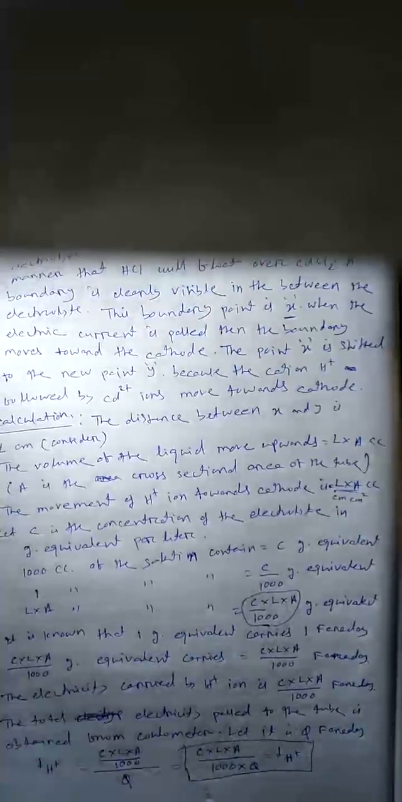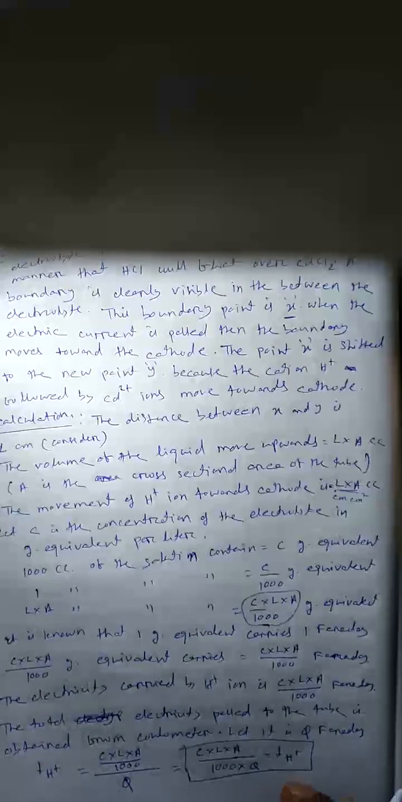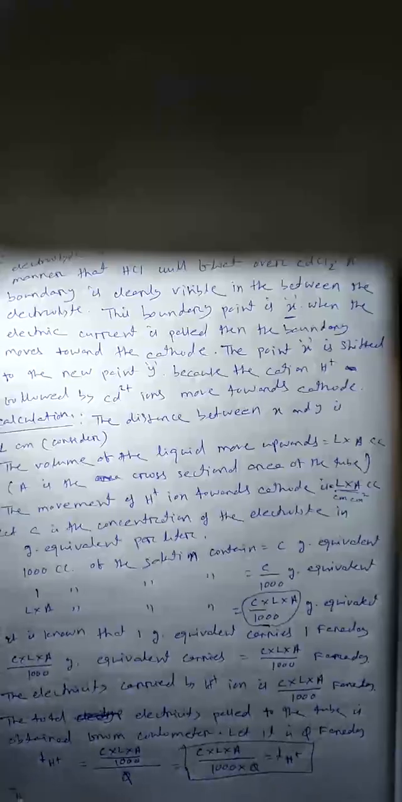In this way, you can find out the transport number of cation. Similarly, you can also find out the transport number of anion. So the transport number of anion,